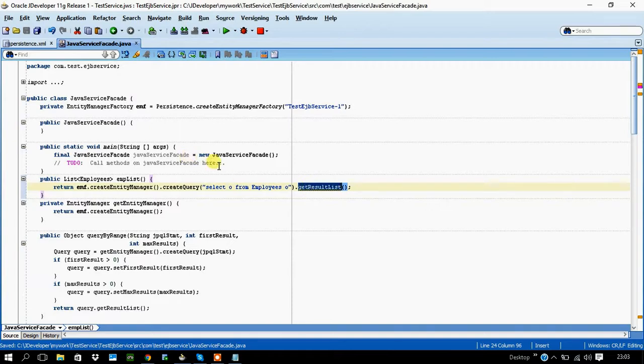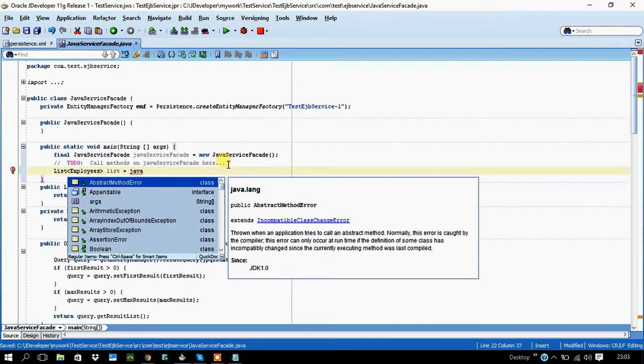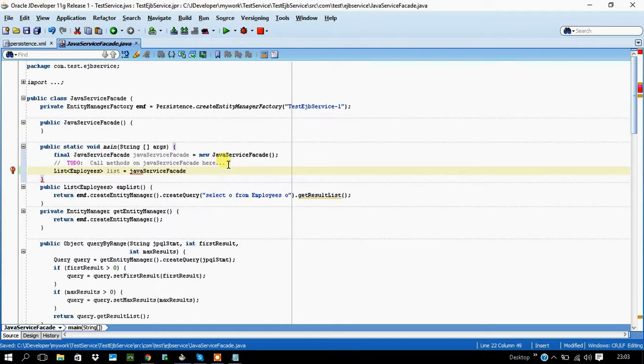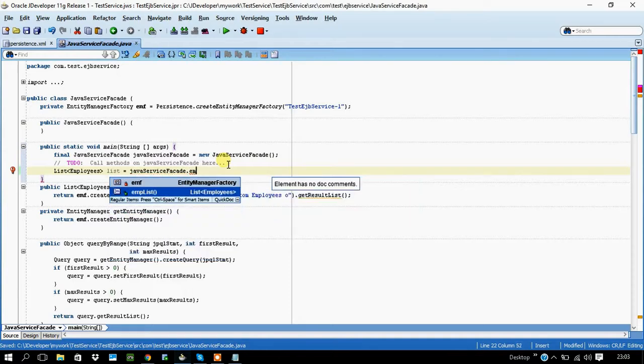Okay, so I'm going to call this method. This method is going to return a list of employees. Let's just call the Java SE client's emp list.